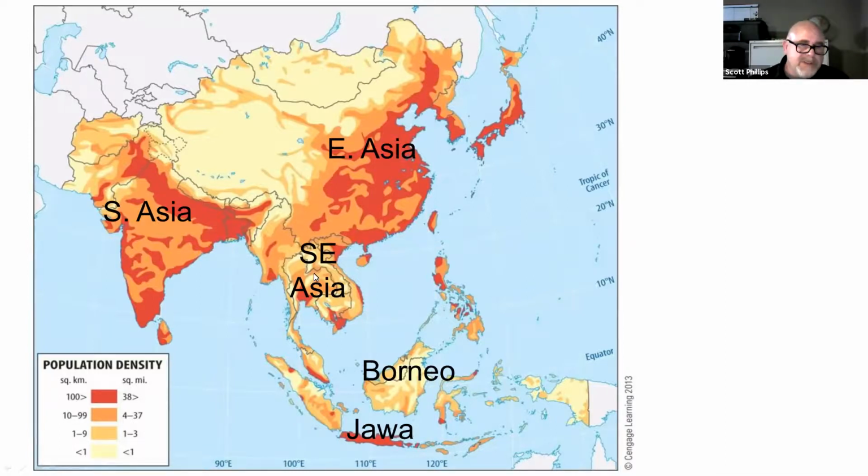Now, when we go to Southeast Asia, you don't have those big blotches of red like you do in China or in India, but you do have smaller ones. For example, here in the Mekong River Delta, this is a very dense population. A lot of people live here, just not as many as in, say, China or India. So overall, the population density of Southeast Asia is not as much as in East Asia or China or in South Asia or India. But you do have it in certain places, like in these river valleys here,